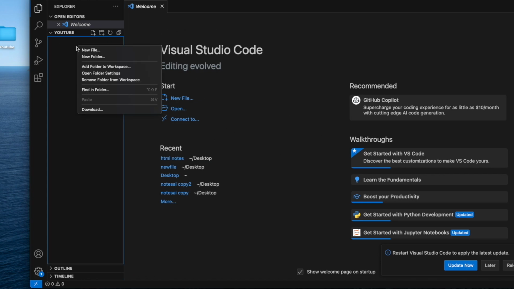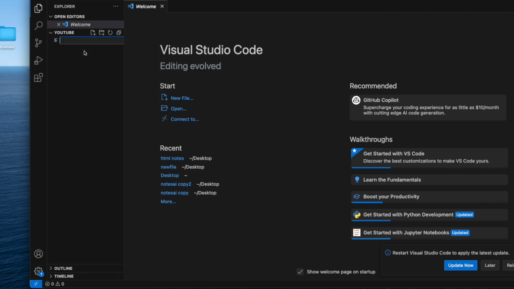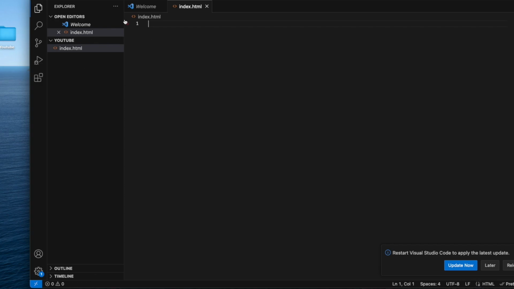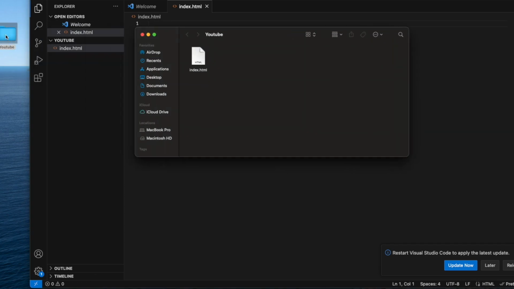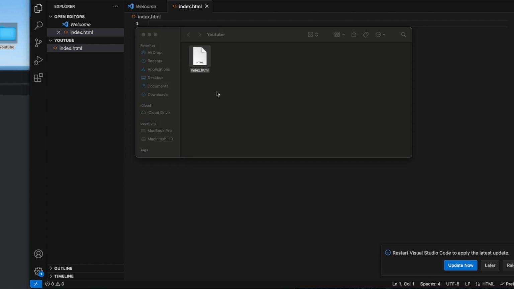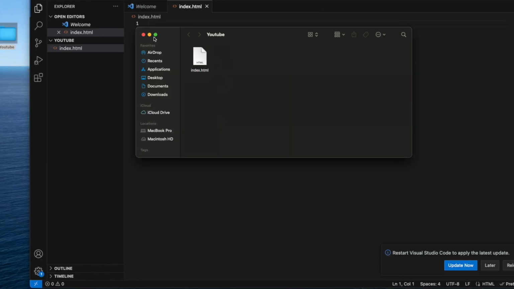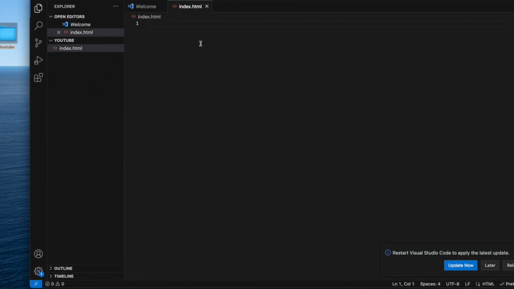But what we want to do is actually create a new file, and we're just going to call this index.html. And this is where we're going to start our basic program. So if we open up our folder now, you're going to see we have this index.html. You can actually double click that and it's going to open for you a page here and put that in the browser. And so what we can do just to start out to make sure that this is actually working